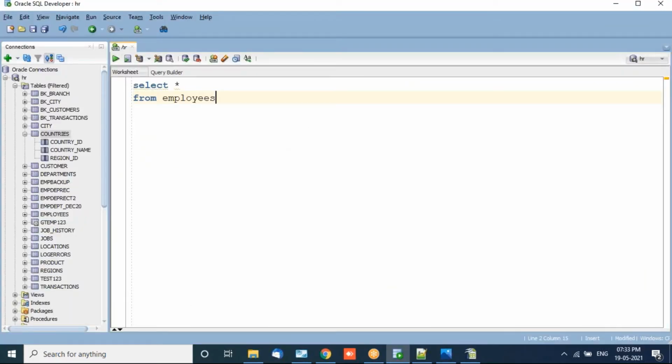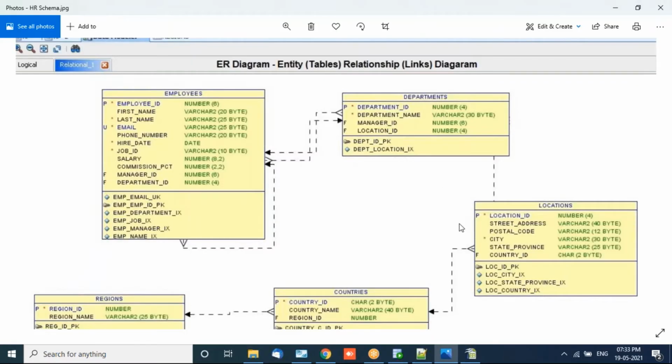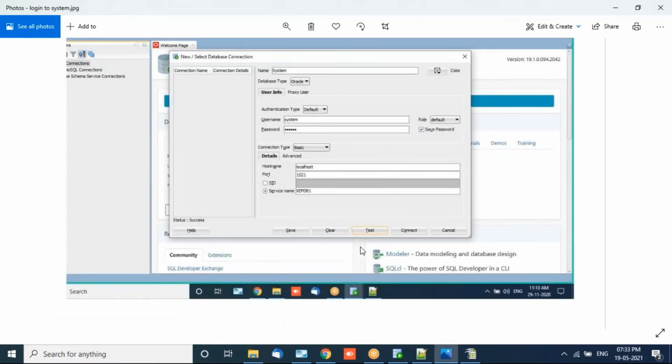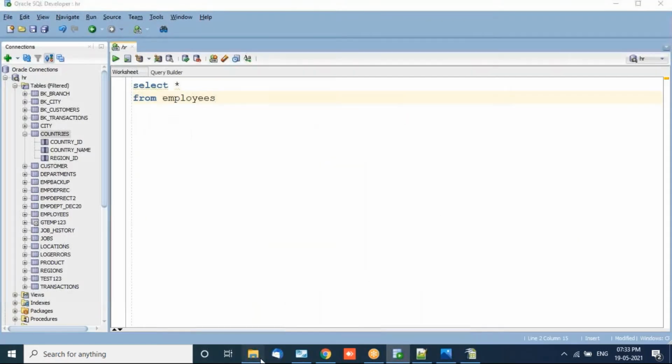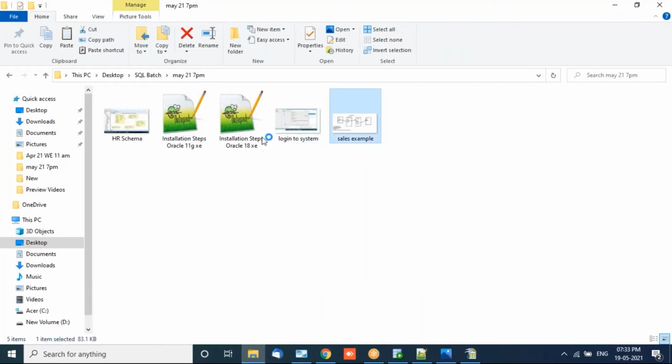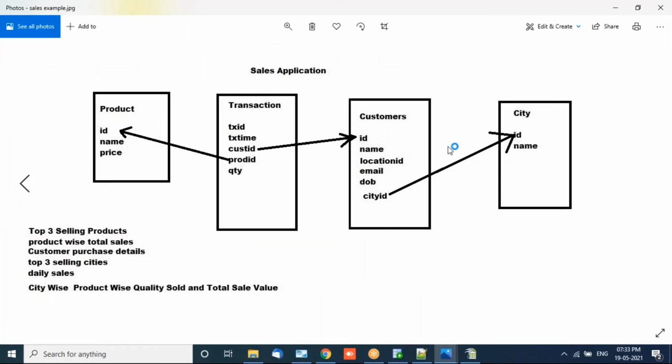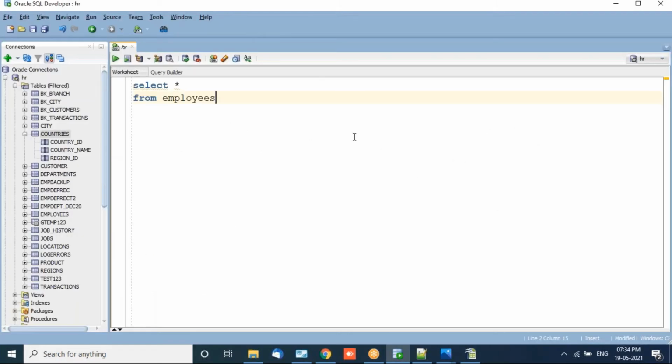This diagram might look simple, might look easy to you, but when you see a real database, these diagrams can be this complex, the way I have shown you right now. Even this sales application can span 40-50 tables easily. But for your knowledge, 4-5 tables are more than sufficient. And gradually, when you get the experience, you can work with more tables.